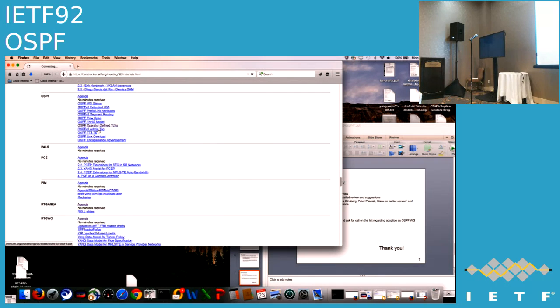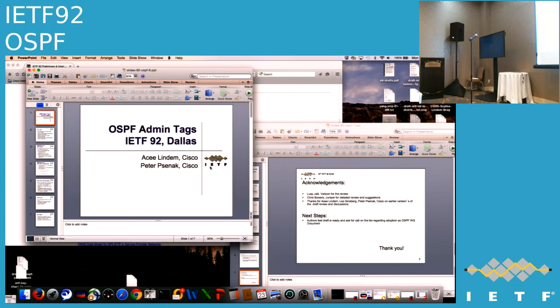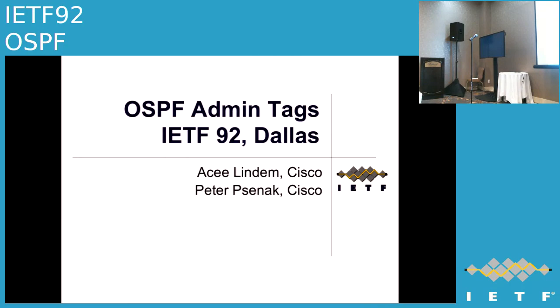I'm going to go quick with this. So one thing I realized, now that we have these two enabling mechanisms, OSPF prefix link attributes in OSPFv2 and OSPFv3, we have the extended LSAs, we're able to put tags on any prefix, not just the external prefix, and we can actually put more than one.